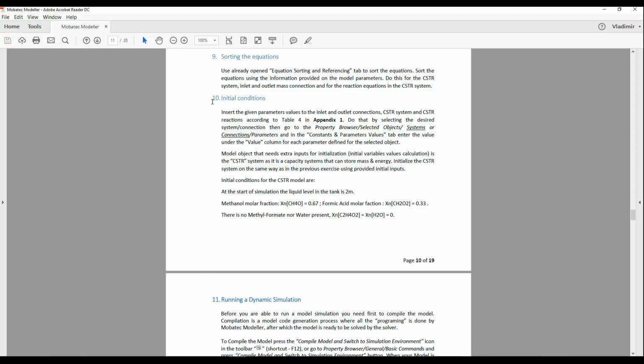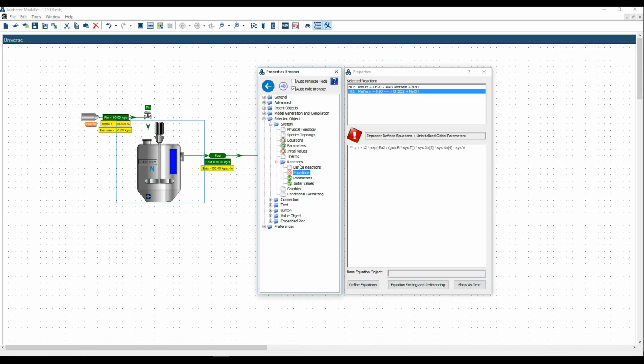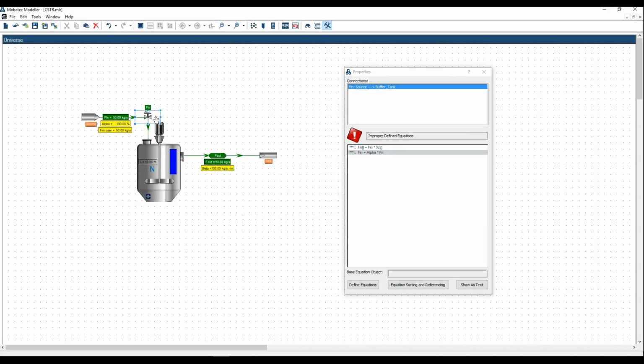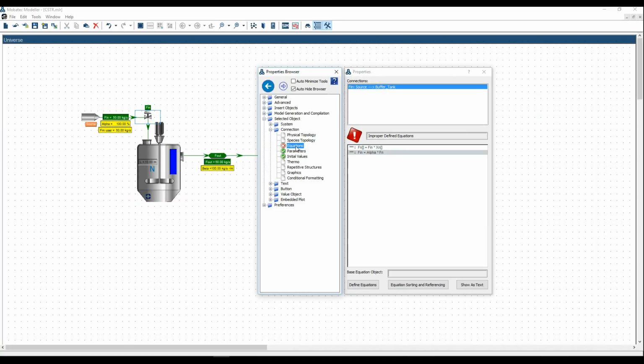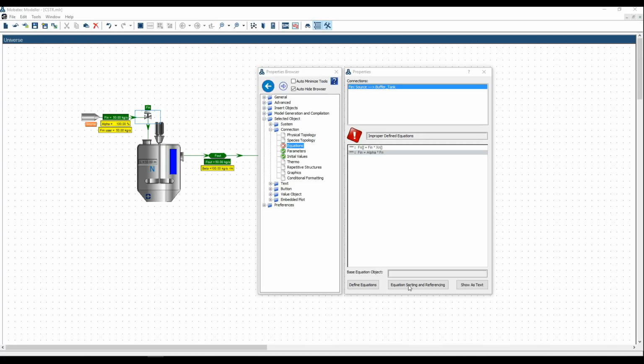Task number 9, sorting the equations. Let's go back to Model, close Main Editor tab, and let's start from the beginning. Select Inlet Mass Connection and go to Equations. Here we can see the exclamation mark and improper defined equation message. Select the equation sorting and referencing button,